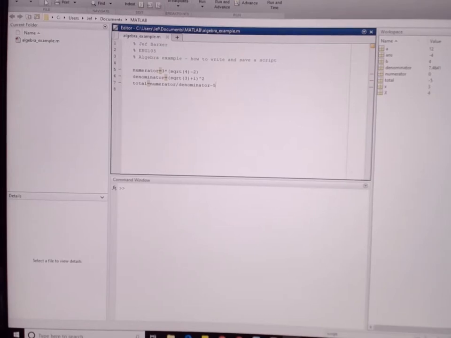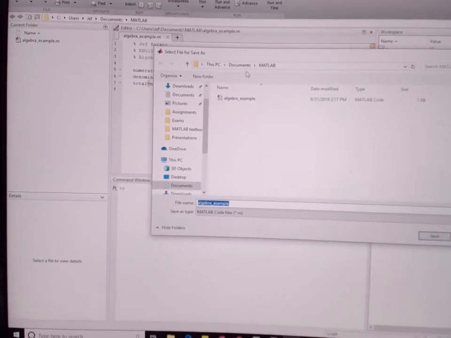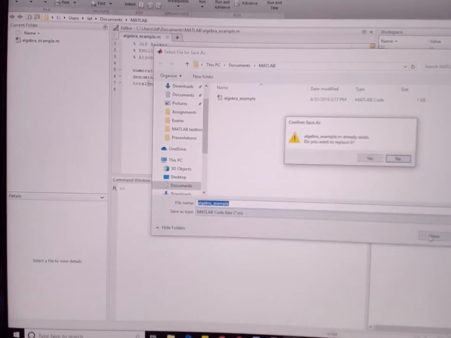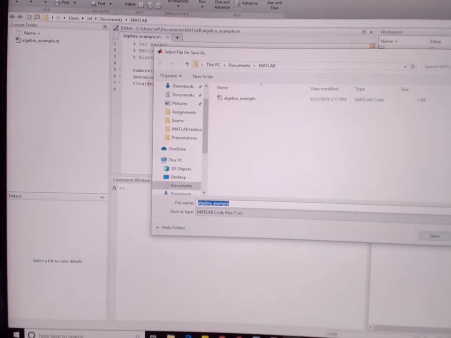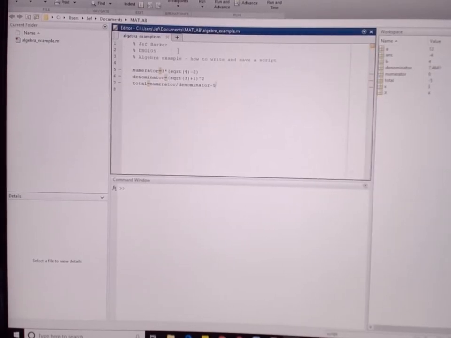So all I did was I hit this save right here, and if I do save as, you can see what it would look like the first time. It's going to bring me into my active folder here in my path, and then I just named it algebra_example. It's saving it as a MATLAB code file, which is a .m script file. I'm going to say no to replace it, so go ahead and save it, and then now I can run